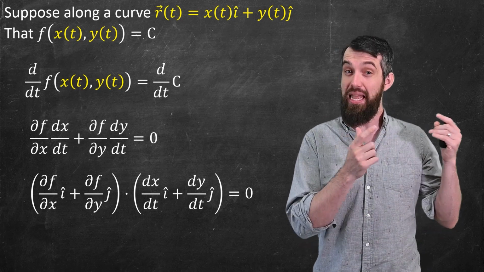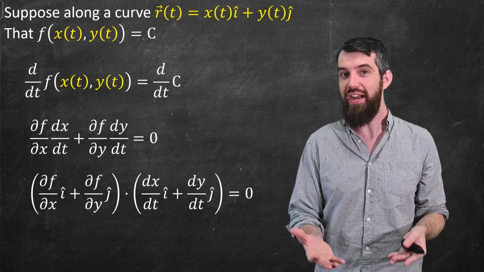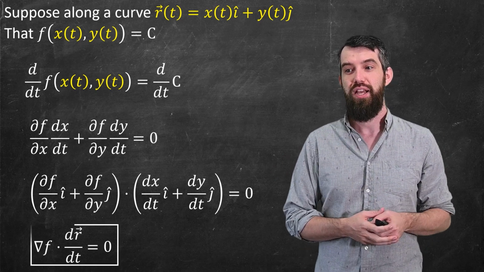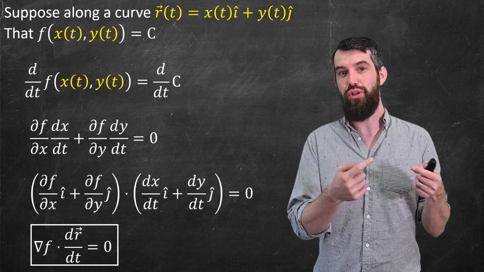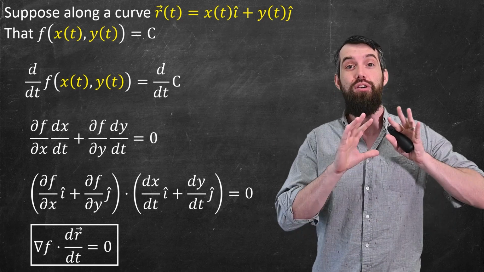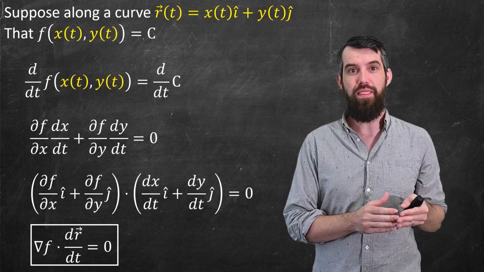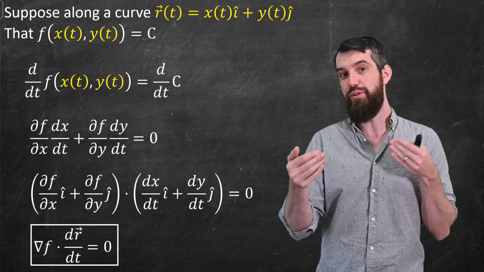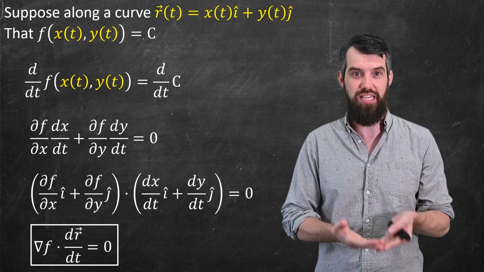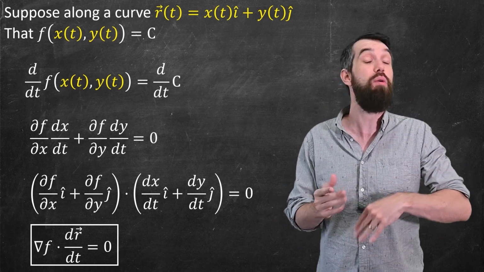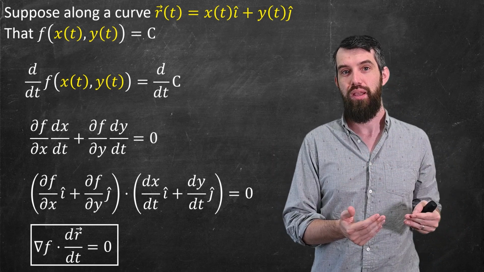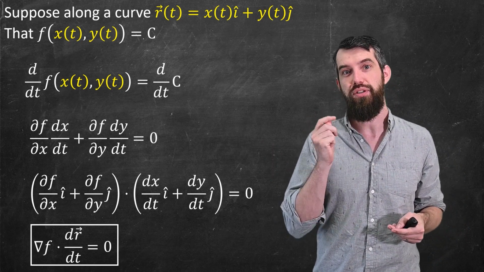The reason why I like it written this way in terms of vectors is I can give special names to these two vectors that I have. The one on the left, the partial of f with respect to x and the partial of f with respect to y, that vector is called the gradient of f. That is our definition of the gradient of f. And then the derivative of x and the derivative of y with respect to t, this is just the derivative of r with respect to t. This is the tangent vector we've also seen previously. So nevertheless, what I get is this expression that the gradient of f dotted with the tangent vector dr/dt